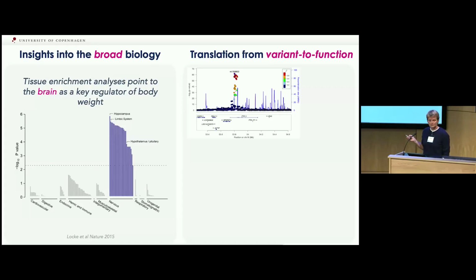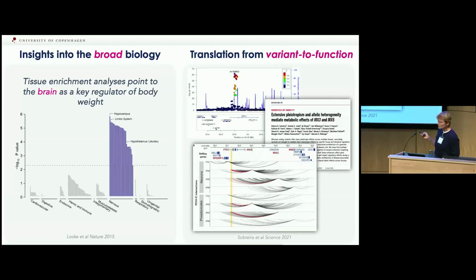But soon after the discovery, researchers started to venture out. Some thought it was RPGRIP1L that was the causal gene, because it encodes the basal body of the primary cilia, which we know from Bardet-Biedl syndrome may be a cause of obesity. But others, including Melina's team, thought it was more IRX3, or even further down, IRX5, that was the causal gene. So there was a little bit of discussion in the field, but then over time, things got clearer.